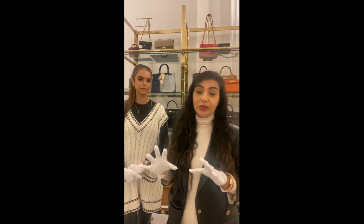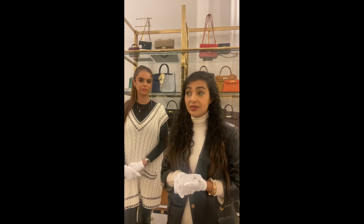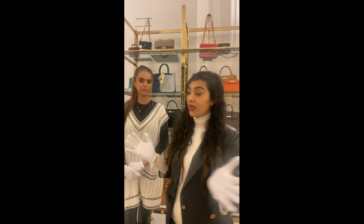So if in doubt of a bag that you buy, Hermès Dimitri Giles is also a good authenticator for that